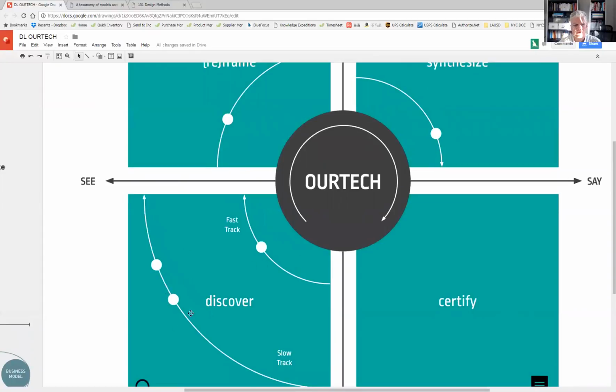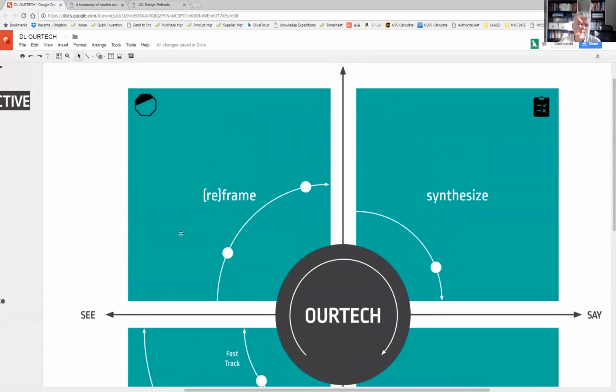It says, okay, we tackle the slow track here and continuously look at what's on the landscape, what's coming in, what's new, and bring that to the attention of the collective. And there could be other processes behind the reframing, where it would say, okay, here's our structure, here's our process we go through, and here's how we fit it into what we already know about these kind of products that are out there. And similarly with the synthesized step